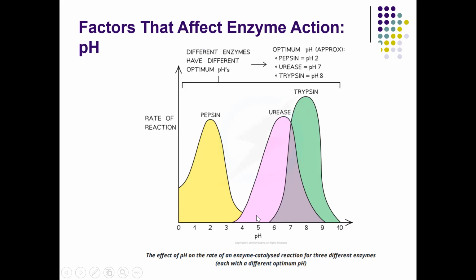And then at some point, it will become 0. And the same thing, if you put the trypsin in a more neutral or acidic condition, the activity of the trypsin will be decreasing. Okay. So now we learn why pH can affect the activity of the enzyme.